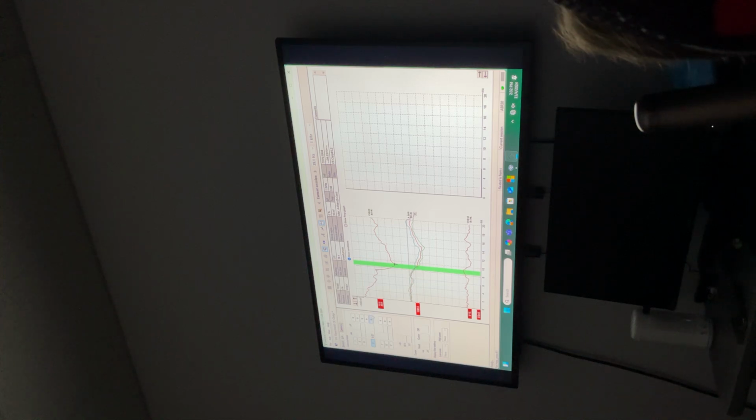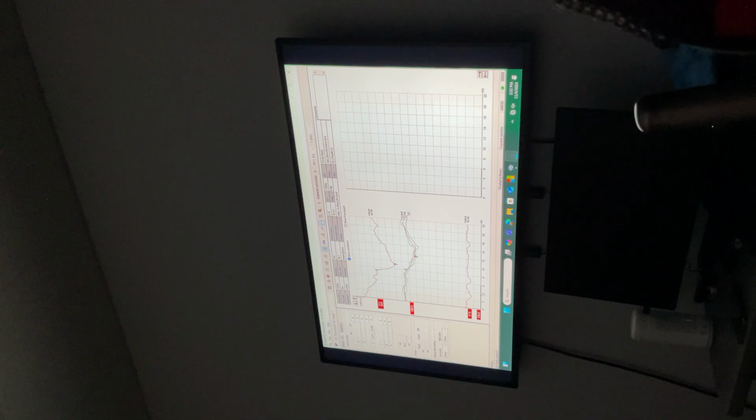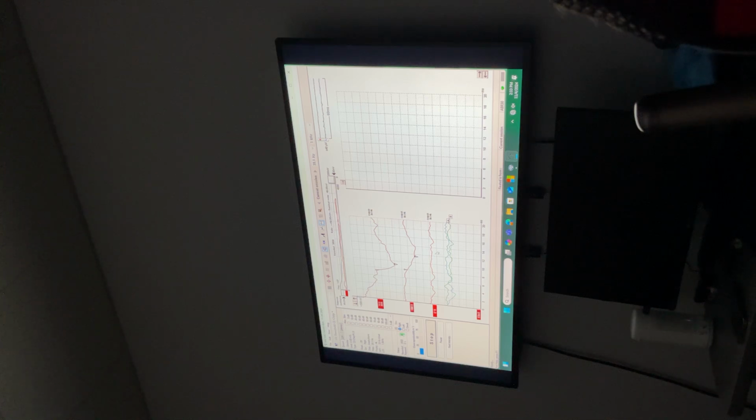I don't know where to place. You can say it's flat, then it goes negative. What about 0? No. There's nothing to call as a peak, so we'll